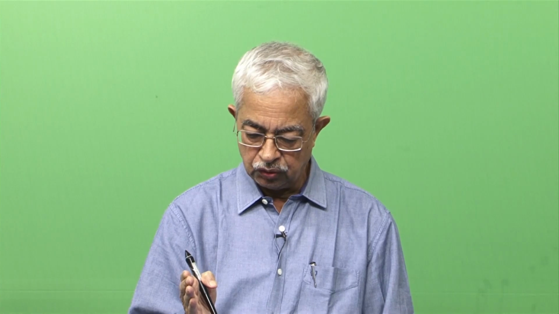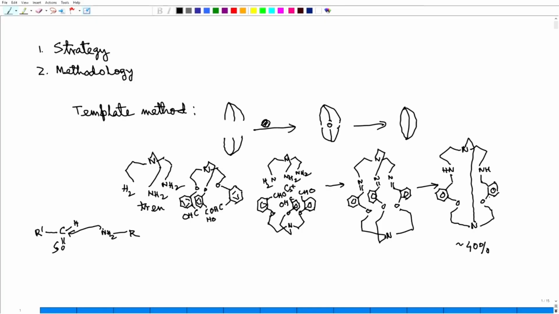So, all this story is to tell you that when you use a template, and especially a metal ion as a template, you should be very, very careful which metal ion you are taking and what reaction you desire. Your choice of template should be very good, so that the reaction goes pretty well under the influence of that metal ion. With transition metals this does not work at all, but with an alkali metal ion it works perfectly, and we